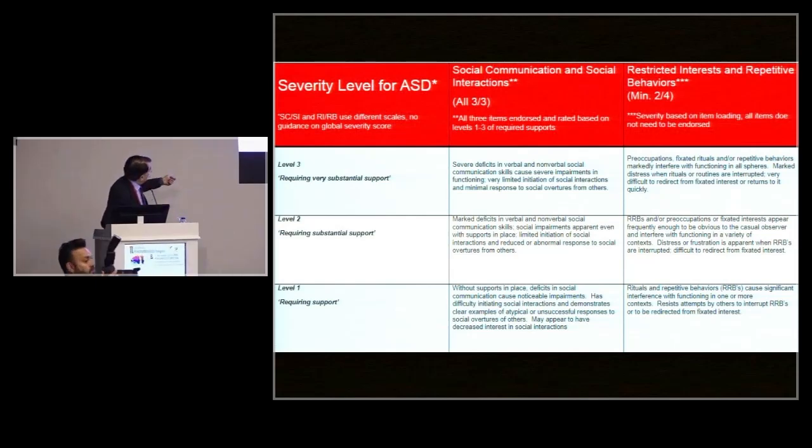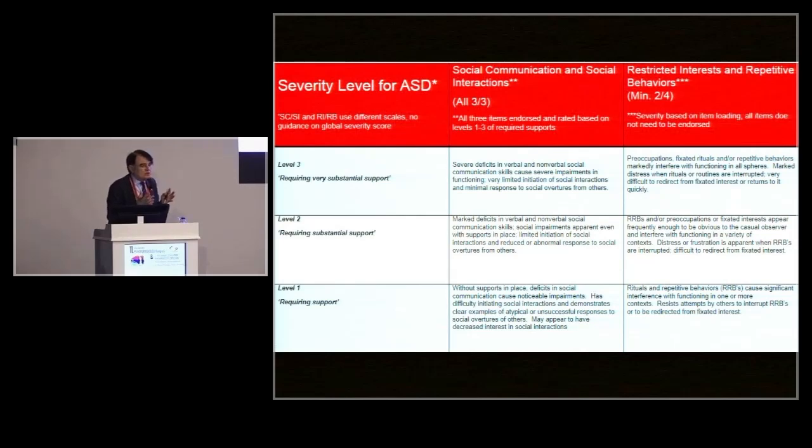analysis. Okay, so then you have these levels of support that are required, which is the indication, which is very subjective, of what the levels of support will be. Now, you could have a child who might have a different severity on restricted and repetitive behavior and perhaps much more social communication difficulties. So how do you combine the first column and the second column and the different factors into one global severity score?